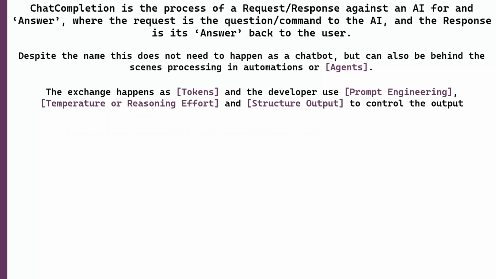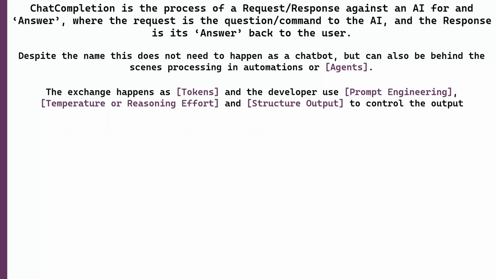The exchange between the two systems with the various APIs is of course just text, but behind the scenes, everything happens in tokens, which there's a specific video on.